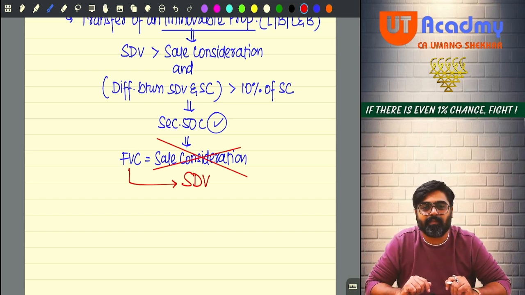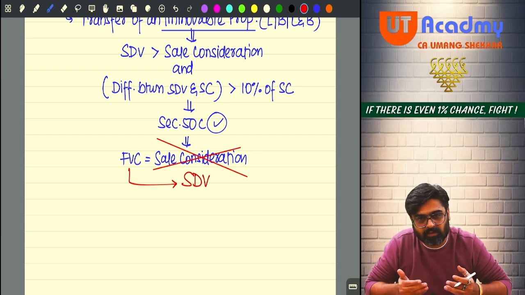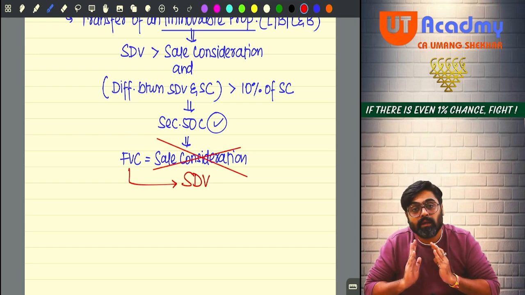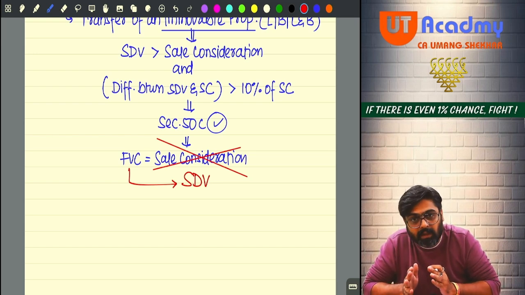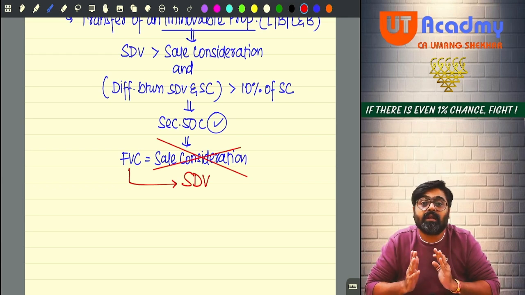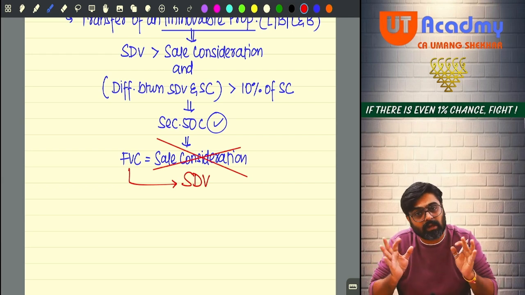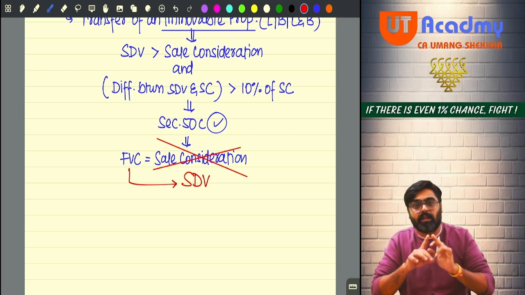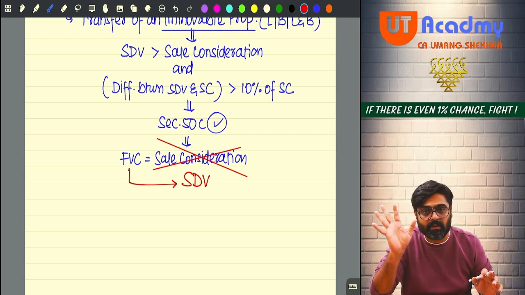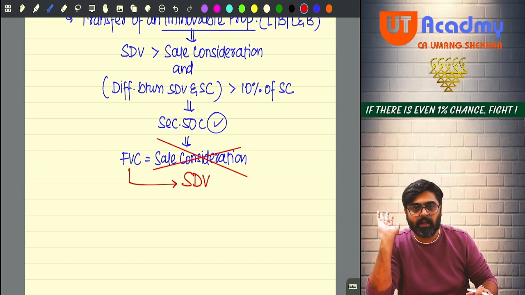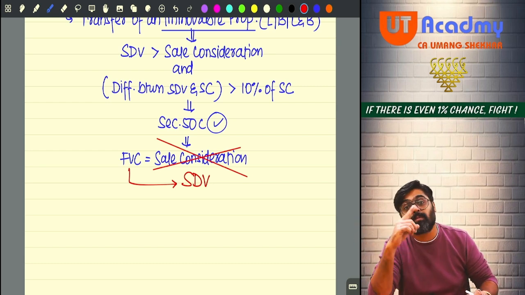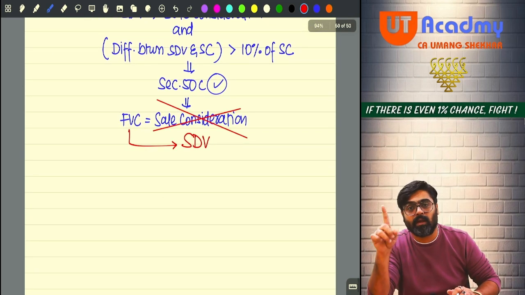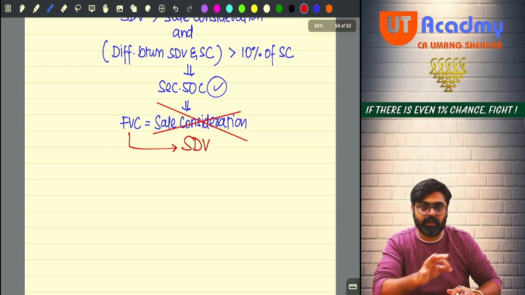Getting my point? Everyone. So are you an assessee? Yes. Have you transferred your property? Yes. Immovable property. The sale consideration of that property shown by you is less than the stamp duty value, meaning the stamp duty value is higher. If the stamp duty value is higher, and the difference between both these amounts is more than 10% of your sale consideration, 50C will be applied and your sale consideration will be ignored. For the purpose of calculating the capital gains of this immovable property, your stamp duty value will be deemed to be your full value of consideration. 50C done.